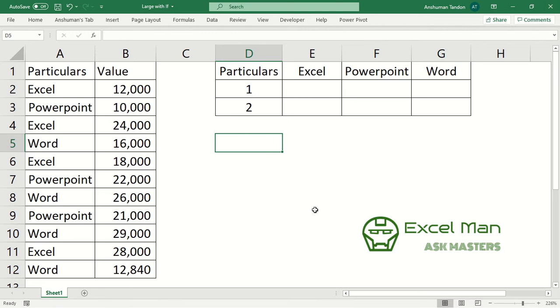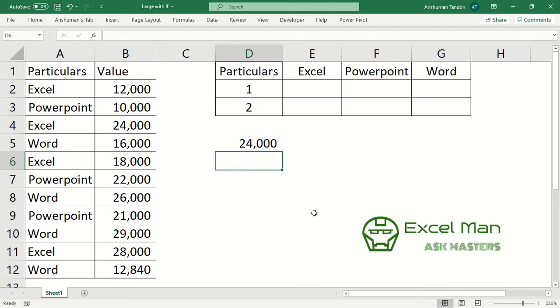For this we have to make sure of two things: whatever function we create will give us two criteria to put. First is the nth number and second is the criteria. So we can use the large function in its place. If we put large, you can see that if I select my array and put the k as the nth value, let's say 4, the fourth largest value appears over here, which is 24,000. Now the first largest is 29,000, then the second is 28, third is 26, and the fourth is 24. So now the only thing that remains is to put a criteria in it.